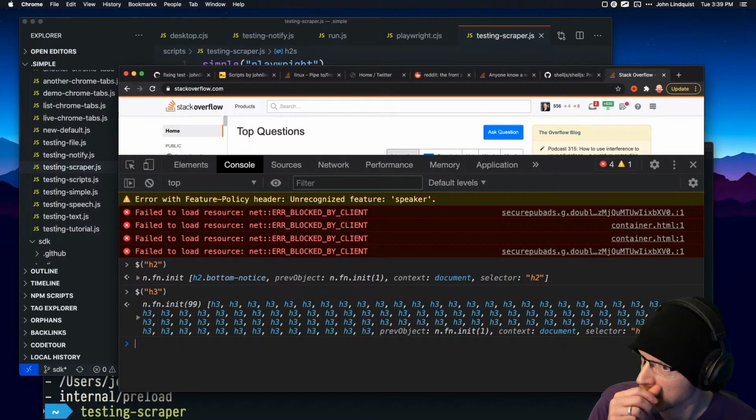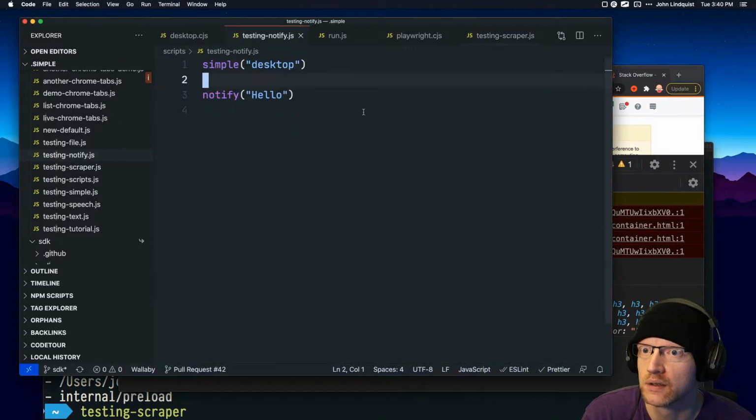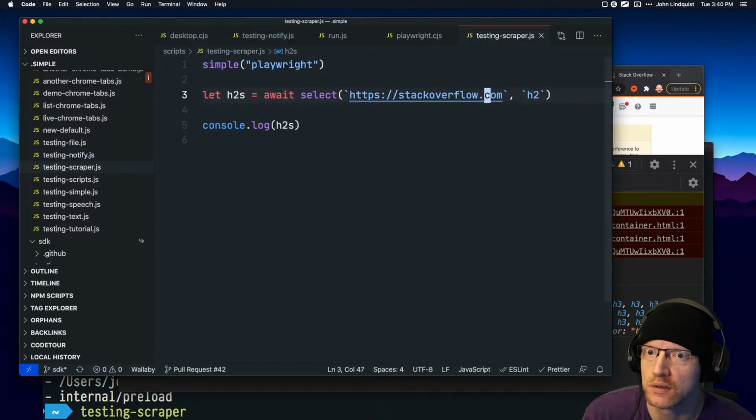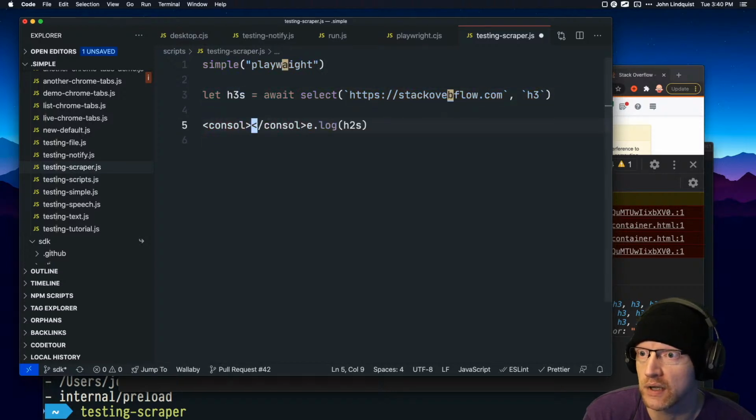There's a bunch of H3s, 99 H3s. We'll try that. Down here to testing scraper. Let's grab H2. We'll make that H3 and make this one H3 and make this one H3